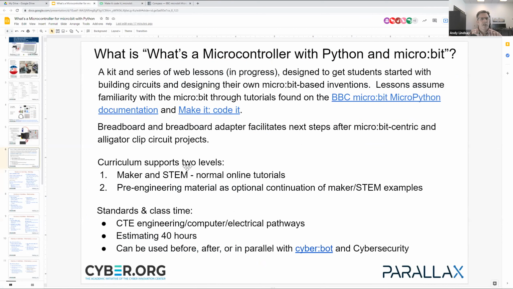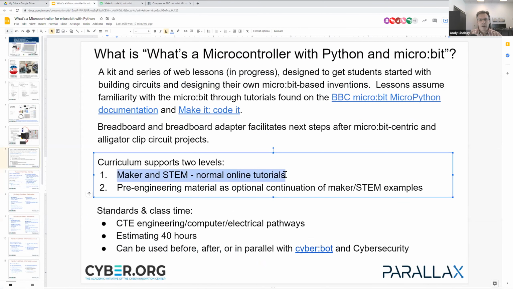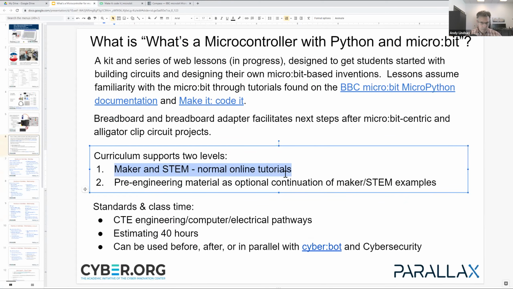Now it does support 2 levels. We were talking about this just before the start of the workshop, because we had one teacher who was talking about incorporating this into middle schools. And so a lot of the earlier activities can be done in a connect it, follow the instructions, make it go kind of approach. And so a subset of the activities can be used if